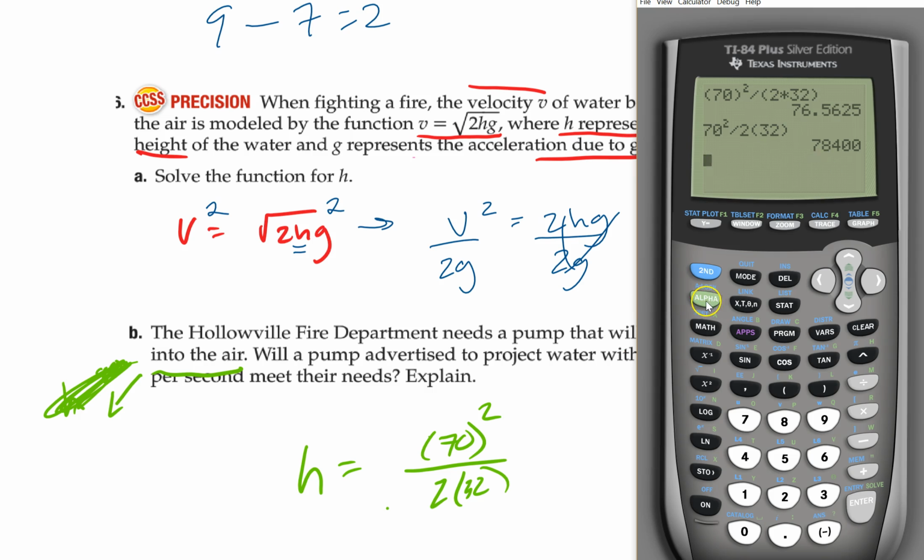Or, here's a little trick. Alpha of y equals lets you put in a fraction. So now I can put, look at that, a fraction. So you put 70 squared over 2 times 32. Right, looks just like the way I want it. And then I gave a fraction. That's not what I wanted. It usually works better than that. I had to change my settings. Anyway, I got